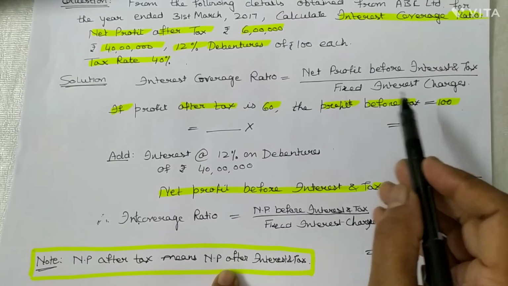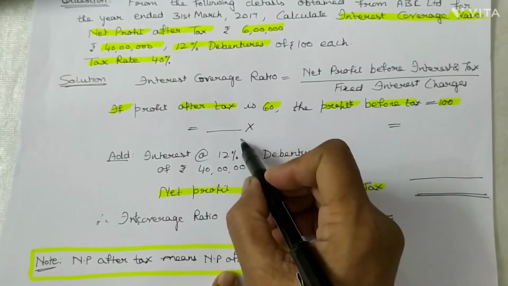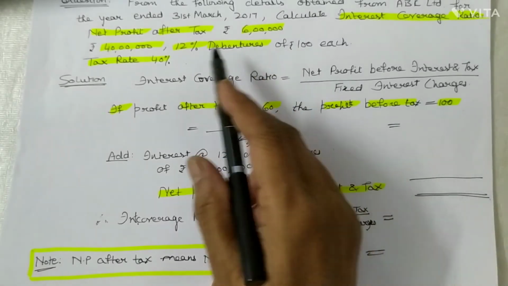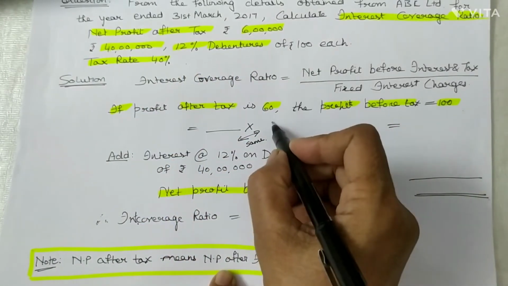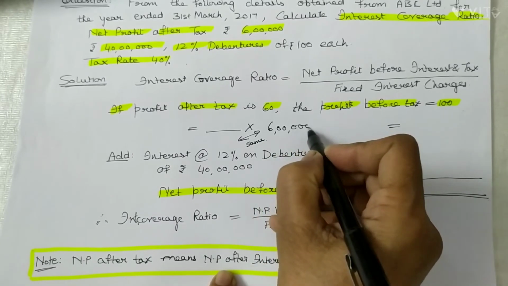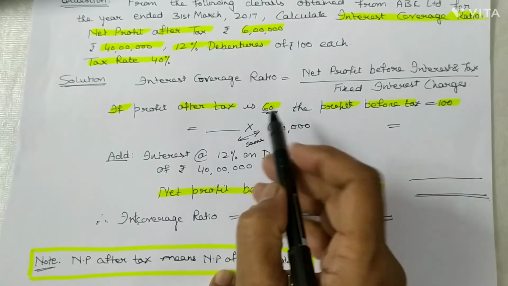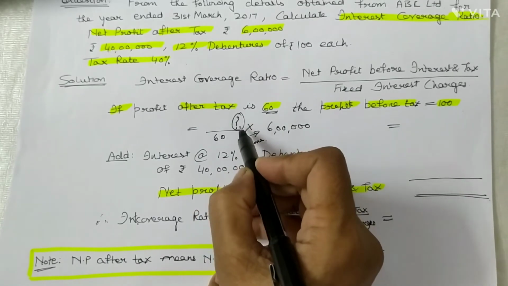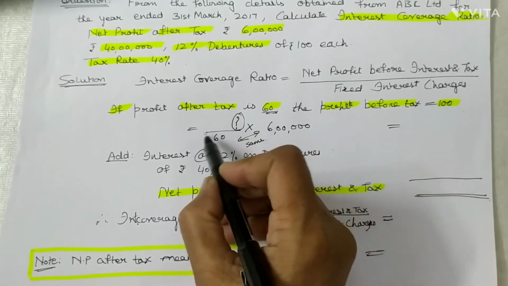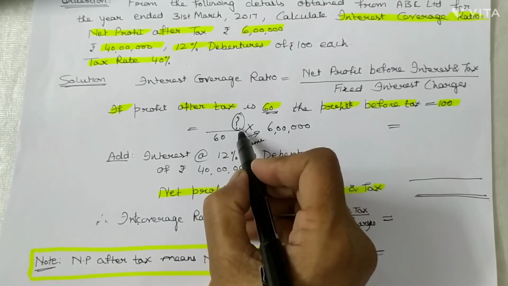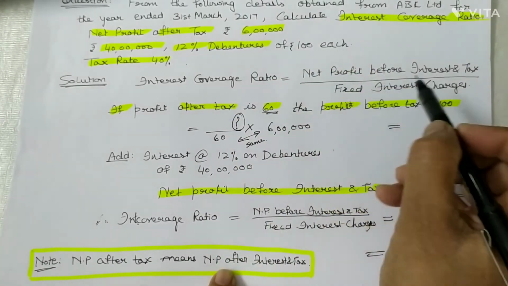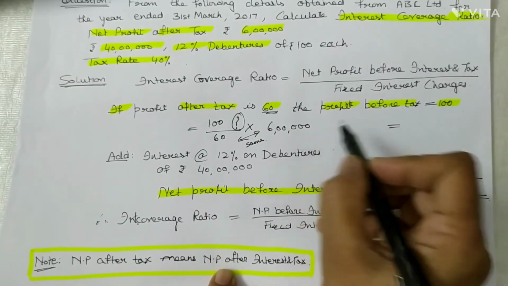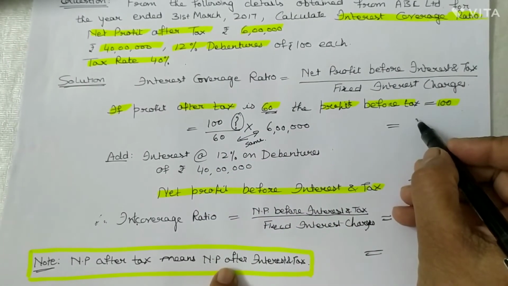As I have already told you in earlier videos also, in diagonal you have to take the same thing. So what is given in the question? Net profit after tax is 6 lakh. You have to put it here, 6 lakh. And this 60 you have to put it here. And on the upper side you have to put that figure which you want to find out. In this I have to find out this net profit before tax, that I have supposed 100. So this comes to 10 lakh.